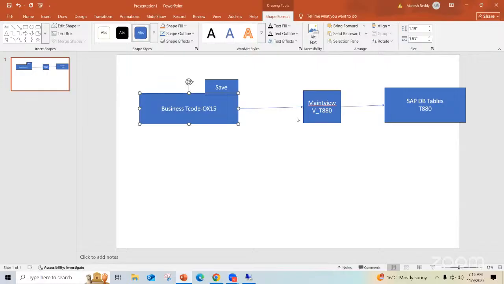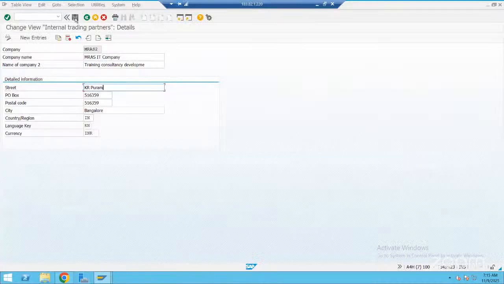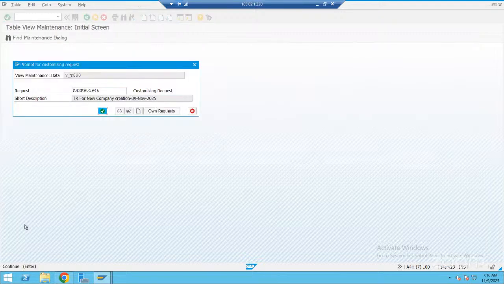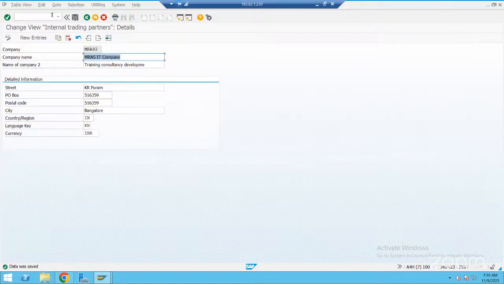Same process: when you change the data through the maintenance view, the information will go and update into the T001 table. So I am giving Kerpuram. Click on save. That's the transport request, because you are changing. Saved. To verify whether it has been changed in the database table, same step: T001. You can go from here or you can go directly to SC11.